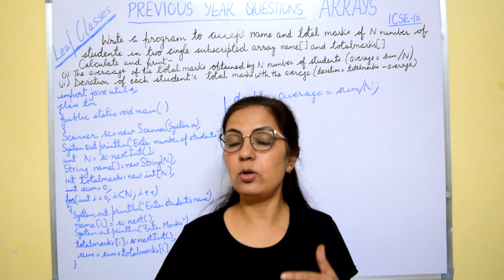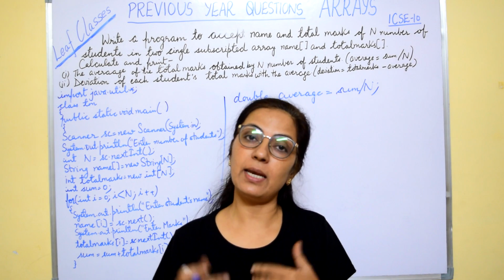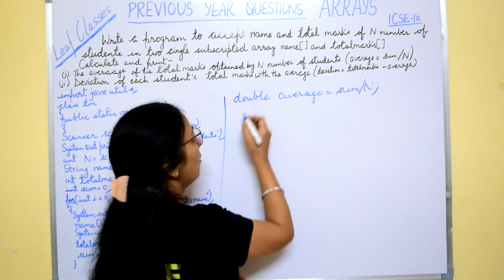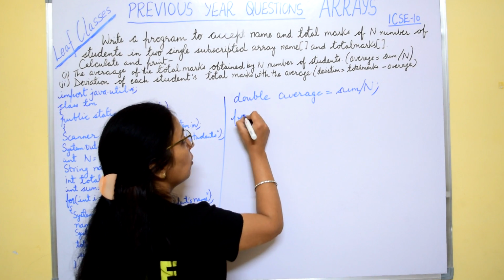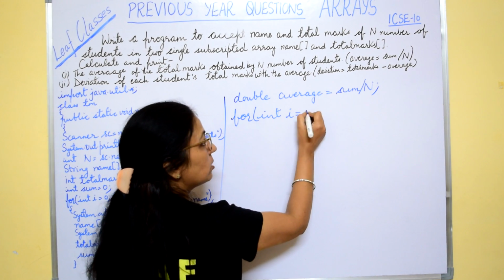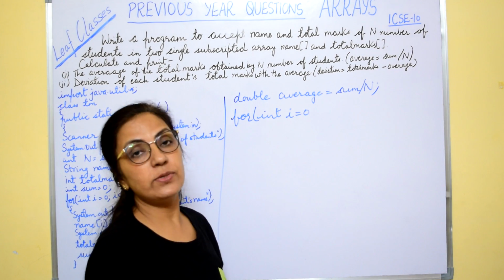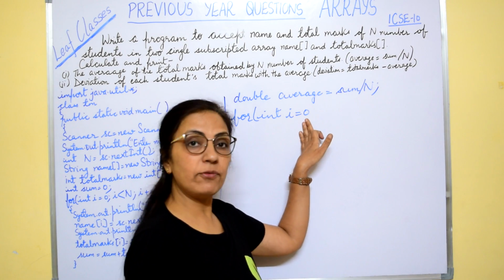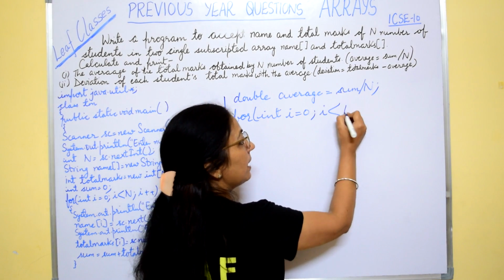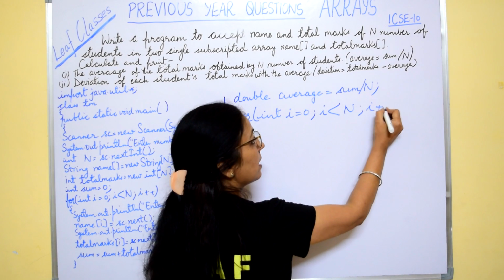Previously also I told you, whatever we want to repeat again and again, we have to take the loop for that. So for calculation of deviation, you will be taking the loop int i equals to 0, always 0. The loop will begin from 0 in case of arrays, and i less than n, i plus plus,